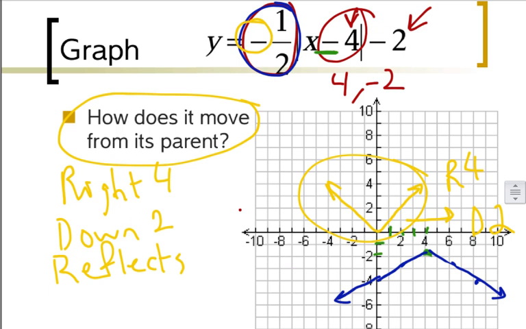Because notice, instead of facing up like this, instead of going up at this point, it goes down. Okay? So it reflects, that's what that means, and that's because there's a negative sign in front. That's the reflection. And finally, we would say that this has a vertical compression